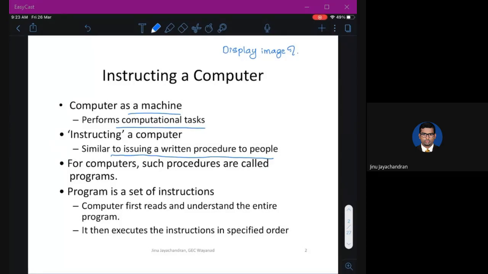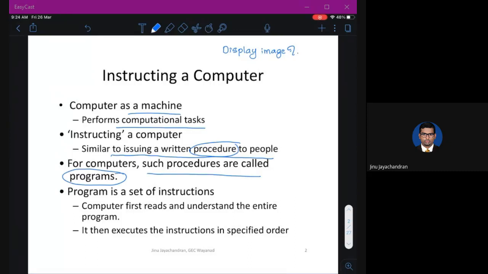Similarly, just like what I asked my daughter to do, I can instruct a computer with a list of procedures saying this is what you want to do. So instruction is basically a list of written procedures, and for computers, such procedures are called programs. We list one by one what the computer should do.